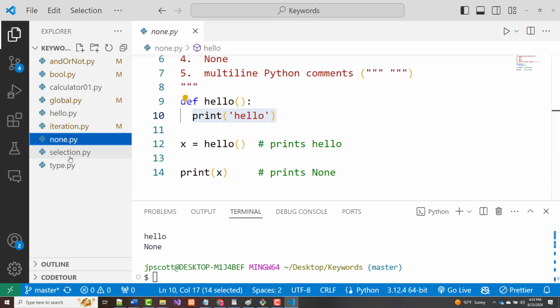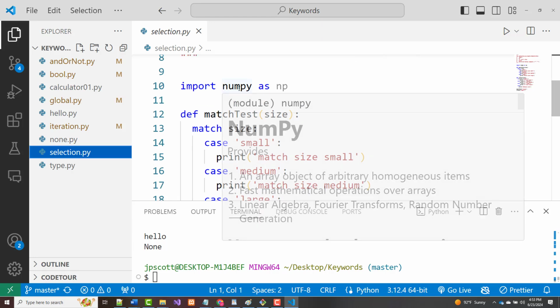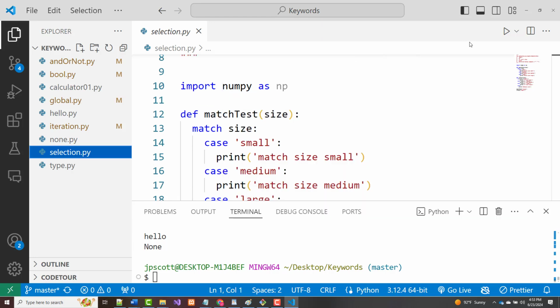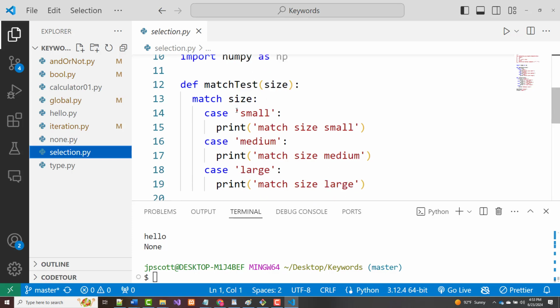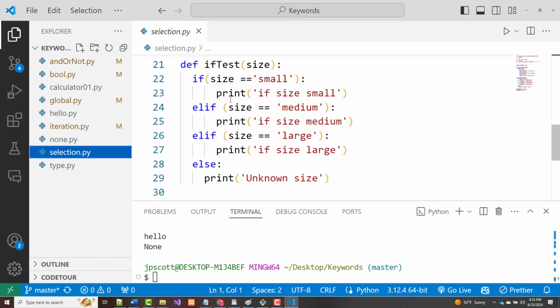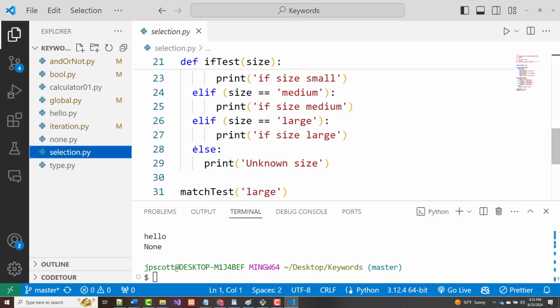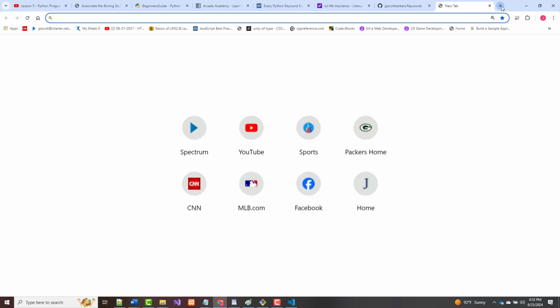All right. Next, we've got selection, which is the if stuff. And again, I went back to try to make this a little bit easier for people to read and understand. I put it in as two functions. Here's a function with match case. Here's the same function with size. And in the if here, I added a final else. And I did not remember, so let's check right now and say,